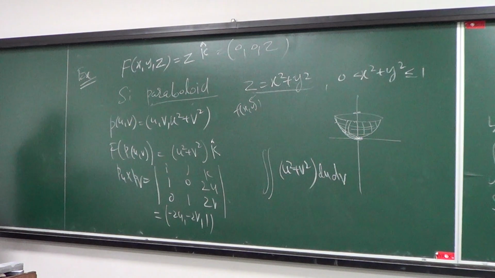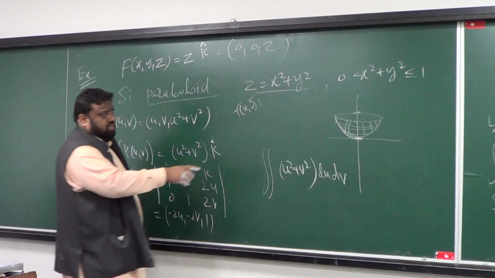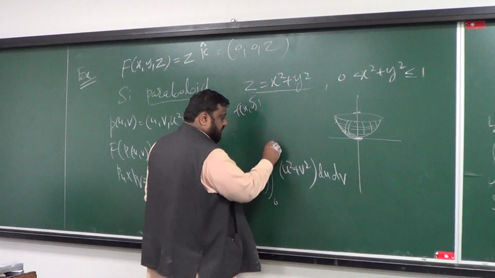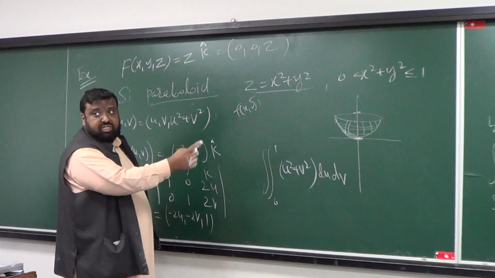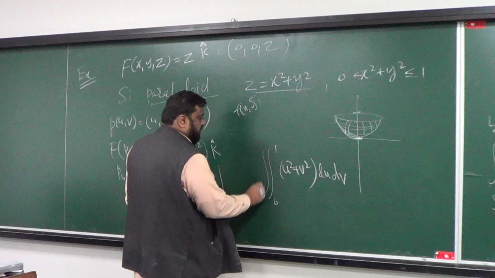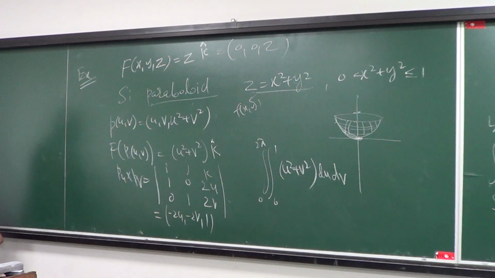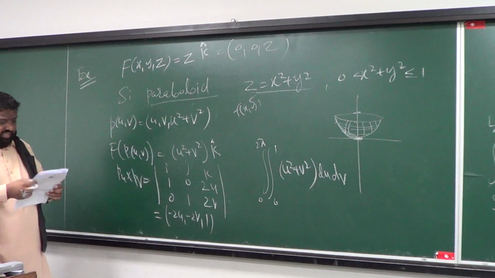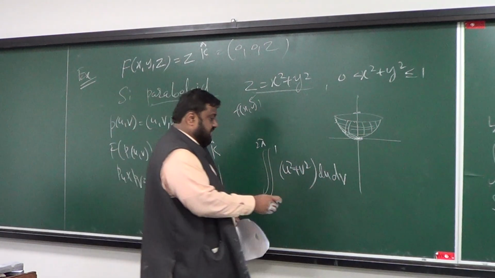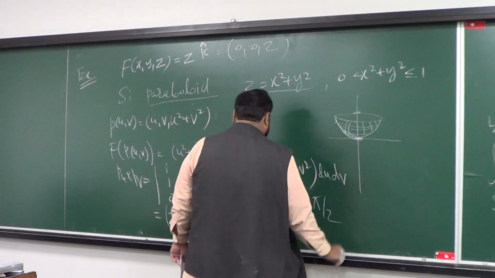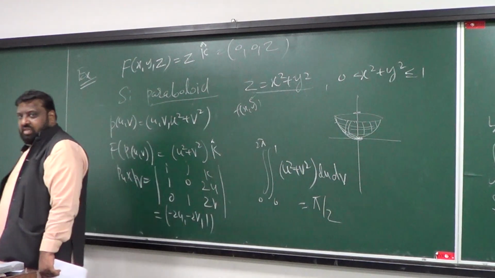So what would be the domain for it? So u is representing the radius, so 0 to 1, and v is representing this angle, so it's going to be 0 to 2 pi. Just solve it. So you have how much of f is flowing out through the surface. So we're going to compute it. Turns out to be theta by